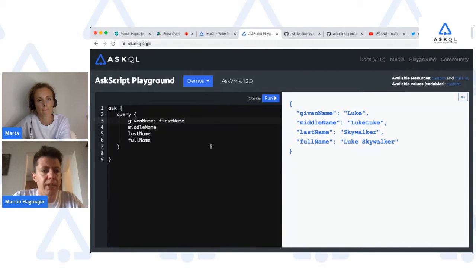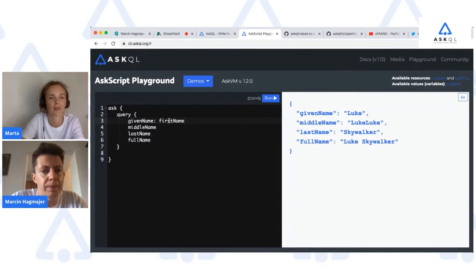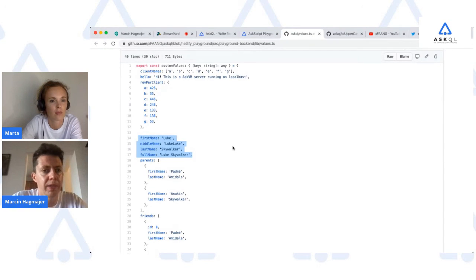Awesome. Okay. So let's go even further, and let's imagine that you want the given name to be uppercase. Oh, I've seen that function in the examples. So let's take a look at the resources and find it, and then we'll know.